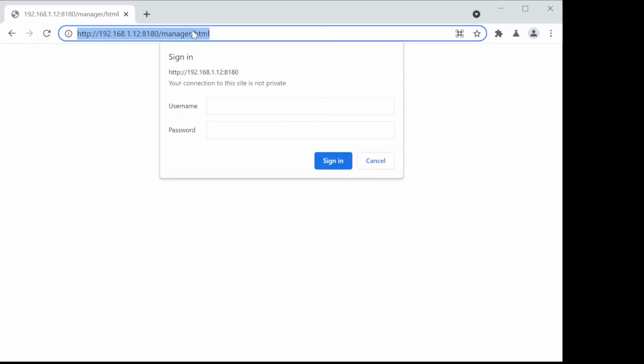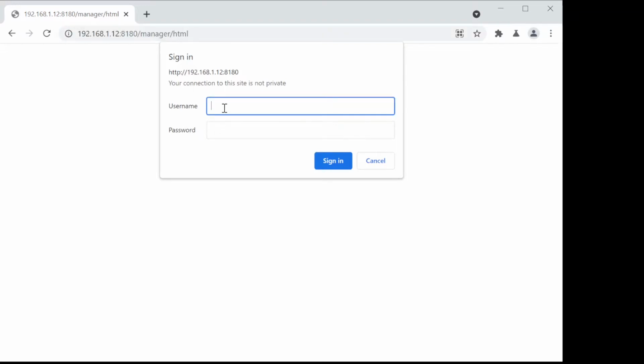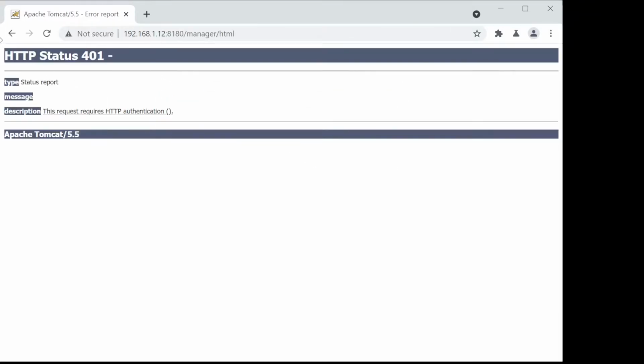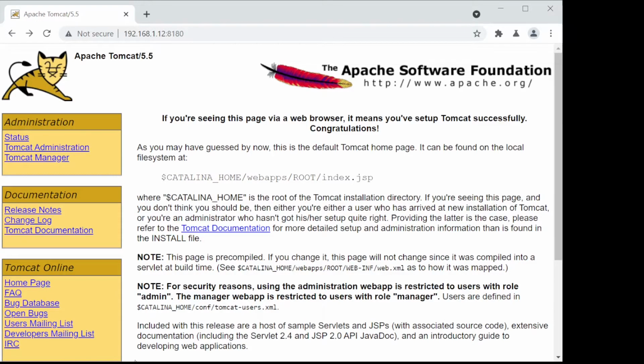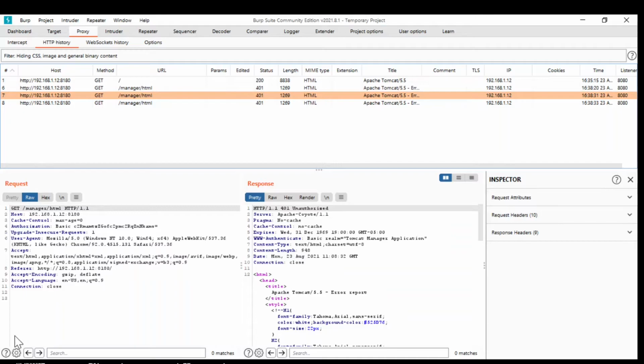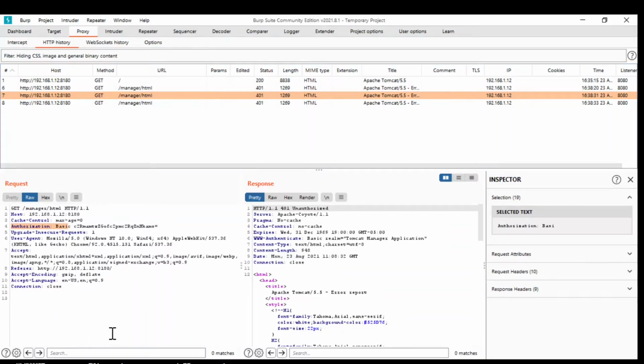This YAML script will try to test for this, and automatically it will try to fill this path, for example anything like that we are putting. We are trying to sign in, but we know that this is not valid. Still, you can see here it has been captured in the Burp request. Here we can see Authorization: Basic, and this is the format.